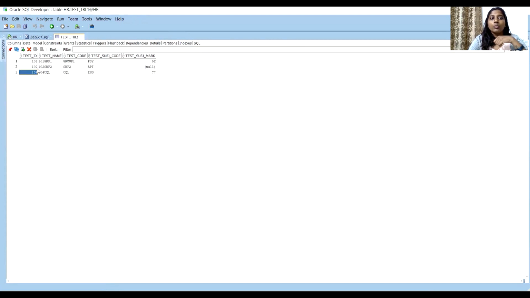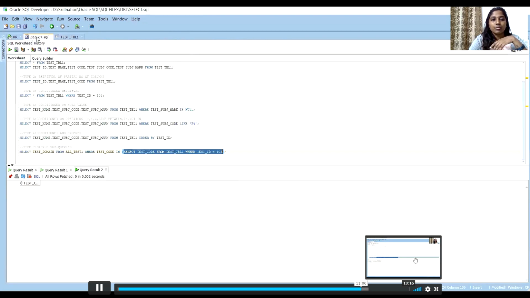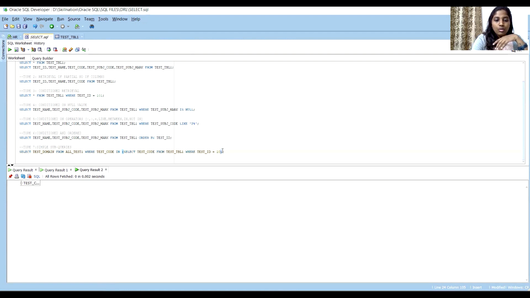See, 101, 102, and 104 are there, but 103 is not there. That's why there is no result. Let's change this to 4 and see if that record gets selected. See, CQL. So now the test code is selected, and the result of this select query is the CQL value.